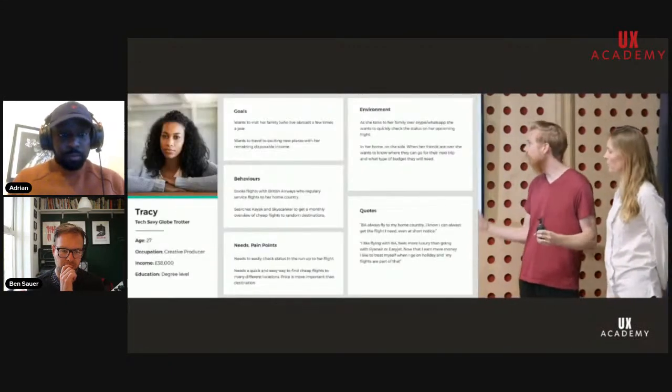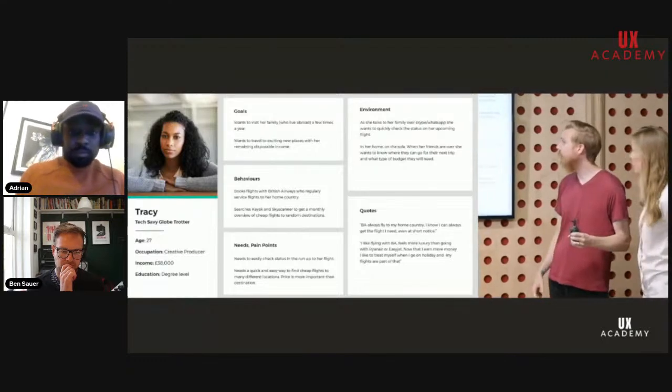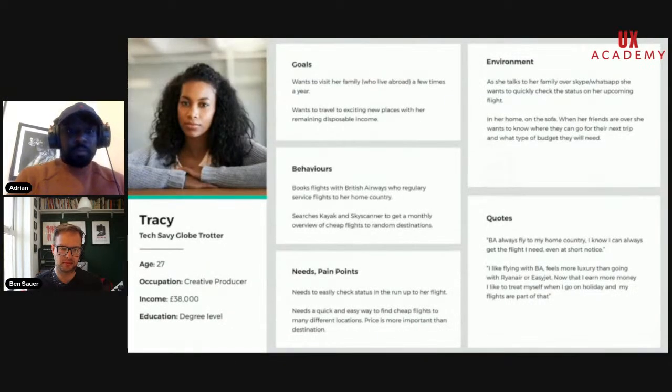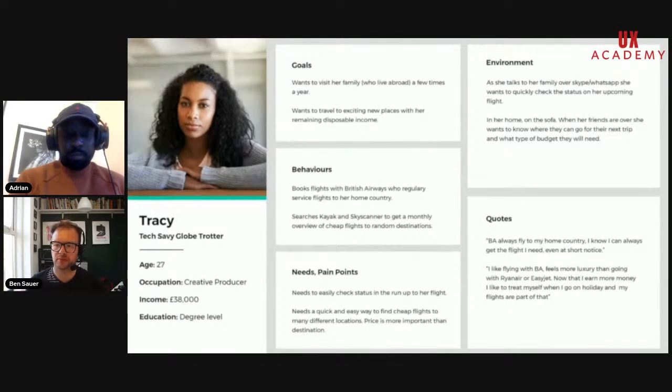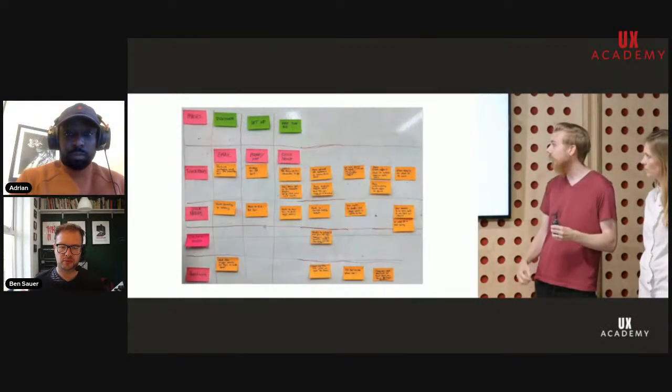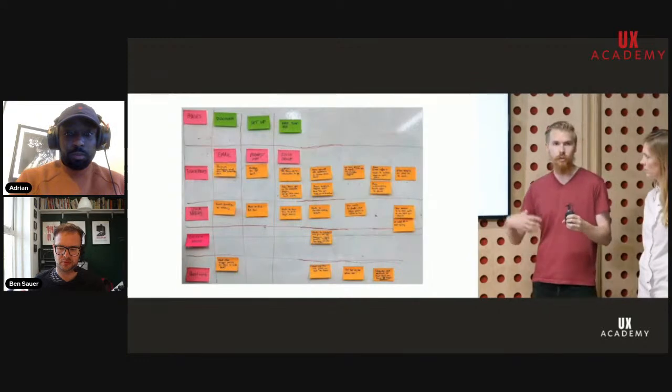So we took some of our insights and research and created a user persona. Our user persona is somebody who has family who lives abroad, so she travels a lot throughout the year. So she has regular flights, but she also has some disposable income that she likes to use to go and spend on a bigger holiday. So she likes to find new and exciting places to travel that she's not been to. We then did a user journey map to see how a user would discover the skill and their first experience of setting it up.